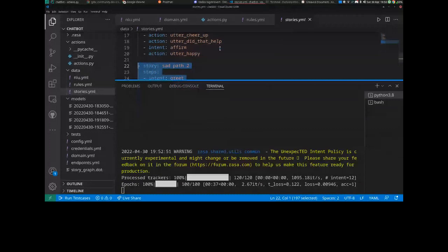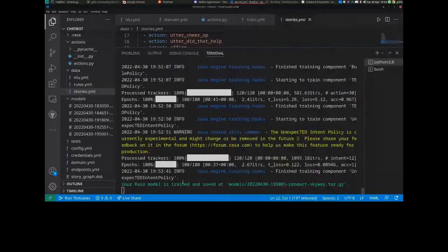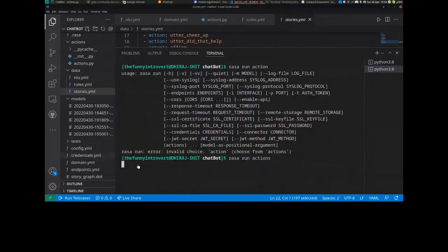Hope, okay, it's done. Did you folks get any error while training the model? Yes. Okay, your Rasa model has been trained finally. So we also have this command ready, rasa run actions, and we have this ready. Now do rasa shell to test the Rasa bot which you have created, and also start the server with which all the actions, which you will see here in a minute.